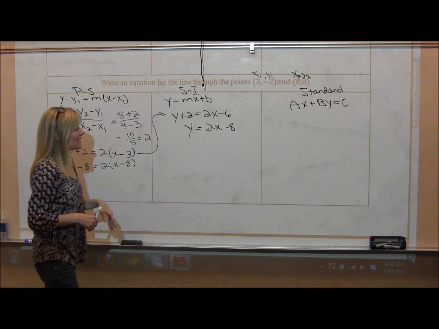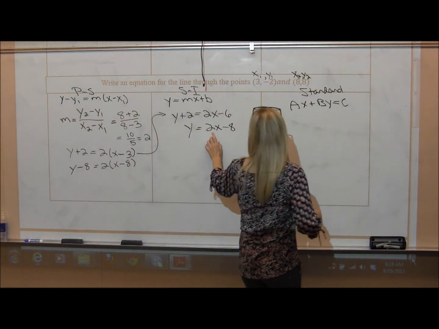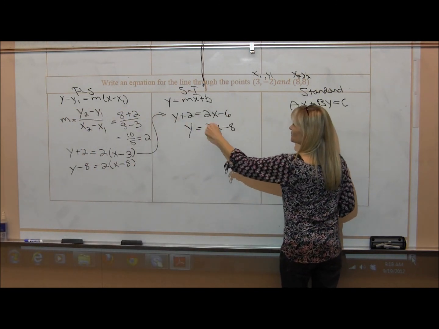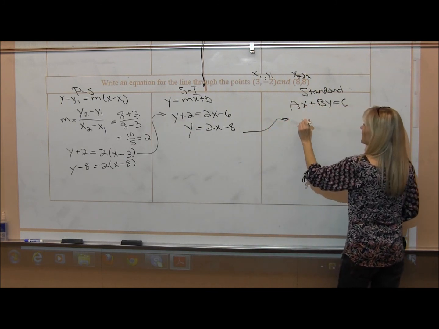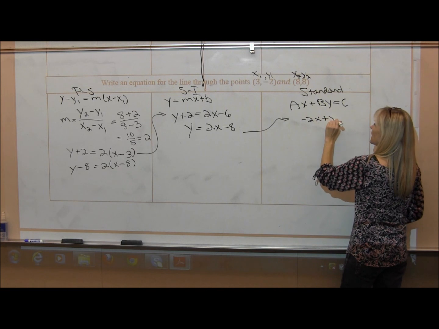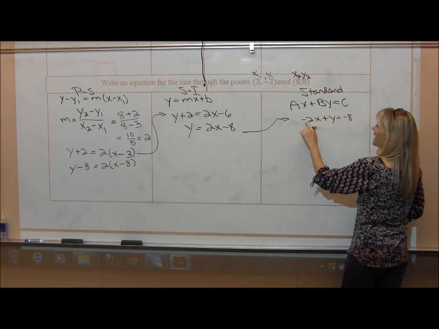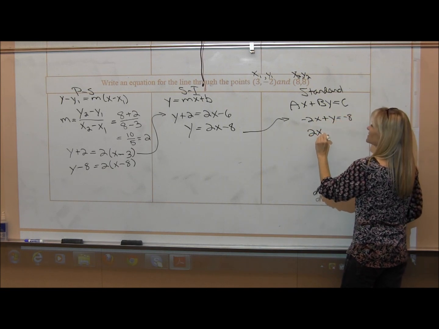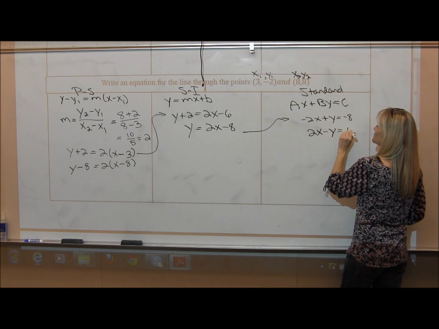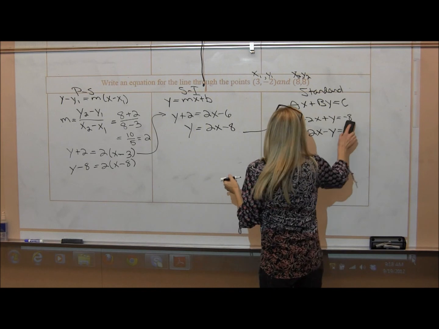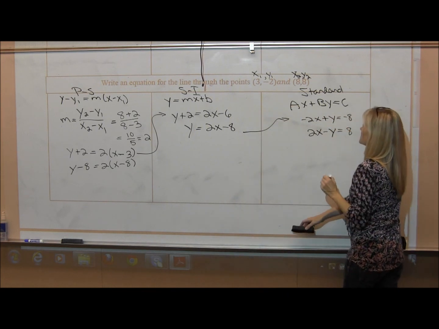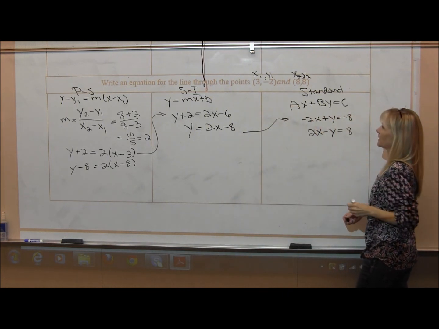Okay. And then, to get this in standard form, I need to move my x term over here. So, I've got negative 2x plus y equals negative 8. I don't like that negative, so I'm going to say 2x minus y equals positive 8. I don't need to put a plus sign. Equals 8. Okay? Because I'm just multiplying every single term by negative 1, which I